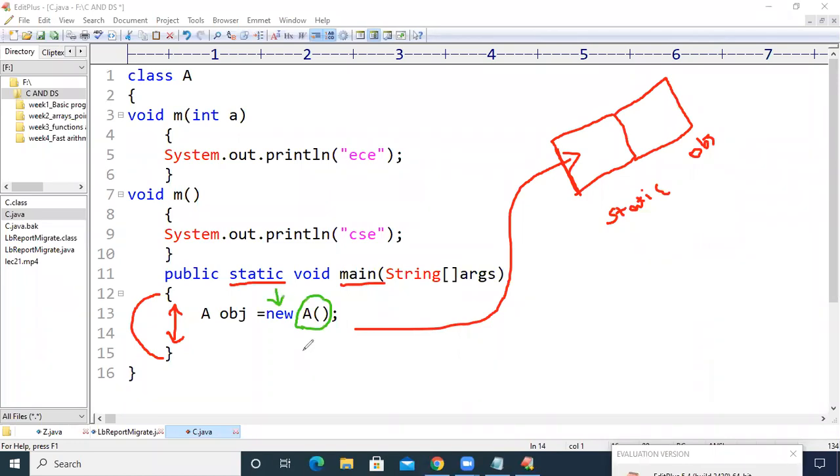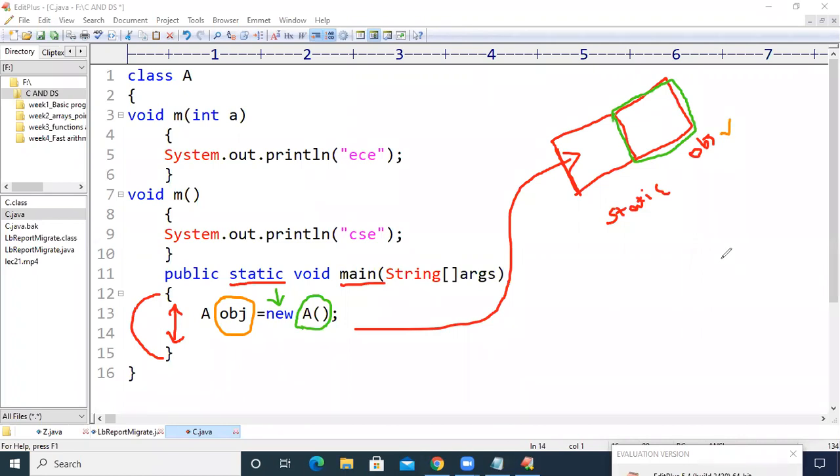Whenever the new keyword is encountered by the Java compiler, it creates some memory location, and the name of the memory location will be the object name. Here we have given obj, so the name of the memory will be obj.